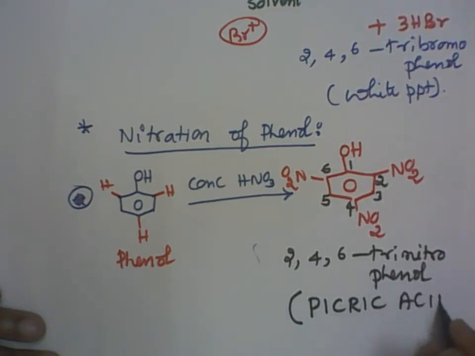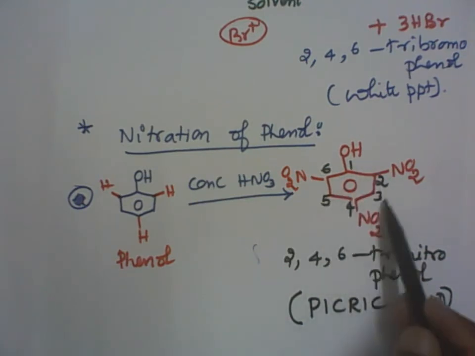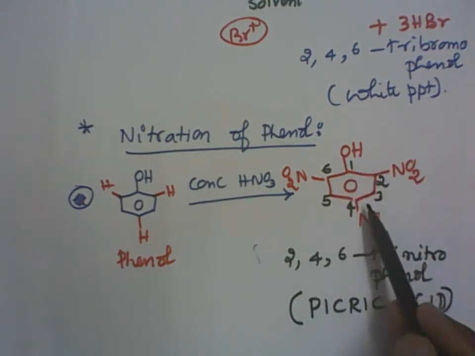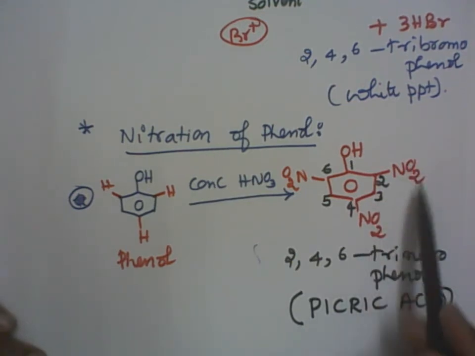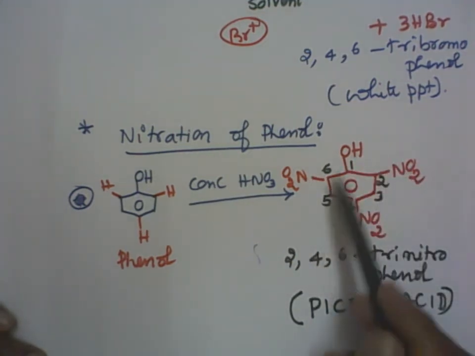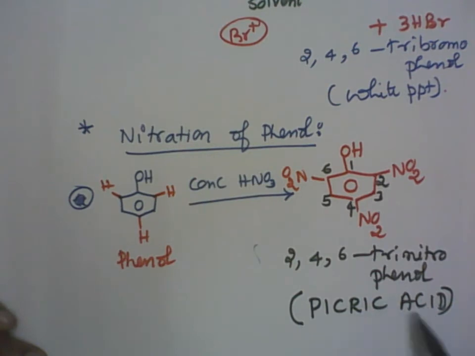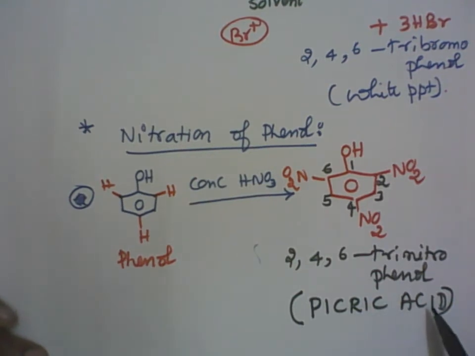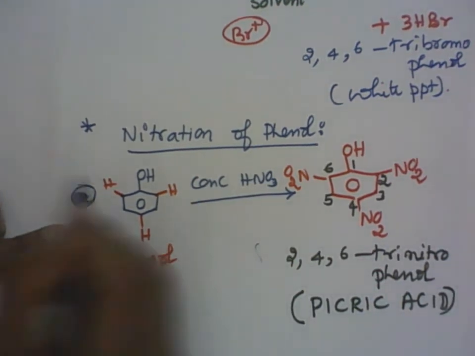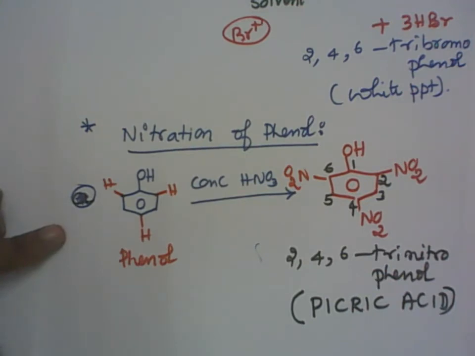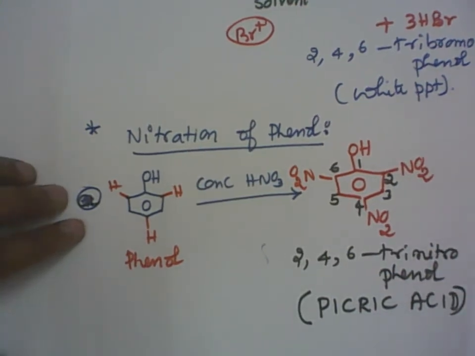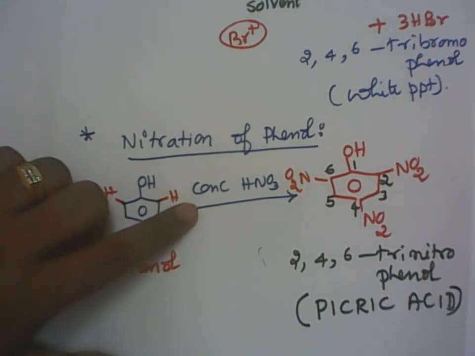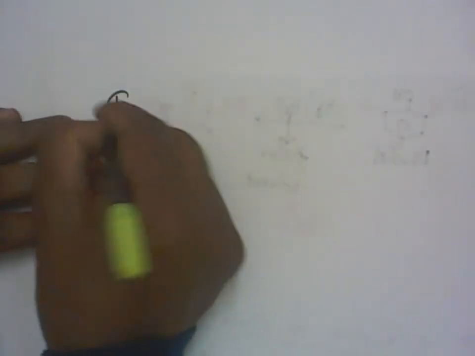Picric acid. Why is it an acid? You know already, phenol is acidic in nature. It reacts with sodium hydroxide base. It can produce a salt. Now, the trinitro derivative of phenol is called picric acid. Some common name is given for this. Right? This is reaction A. We'll go for reaction B now. What is reaction B? Reaction B is with dilute nitric acid.